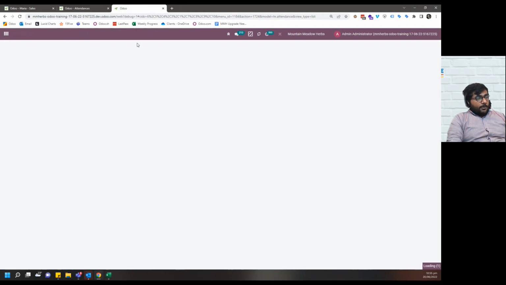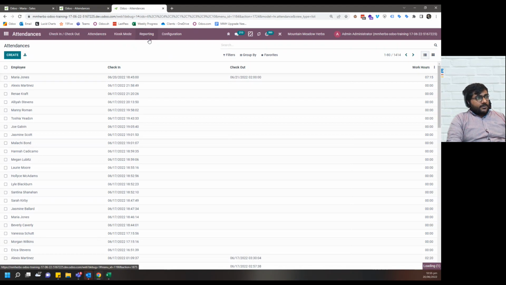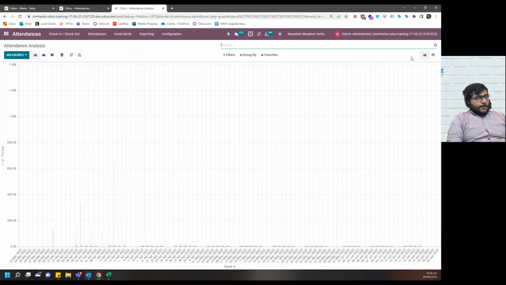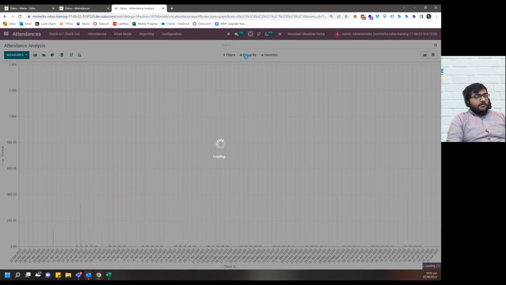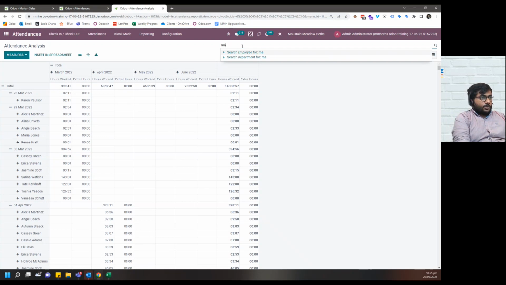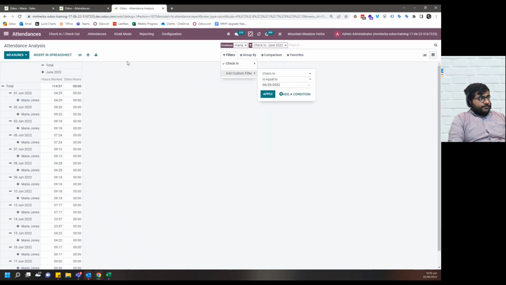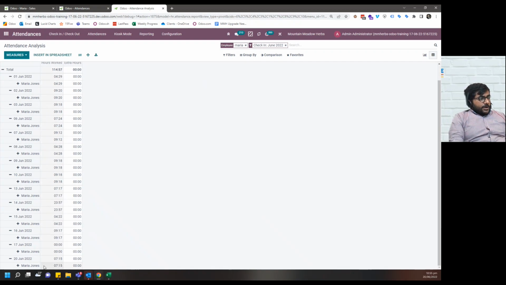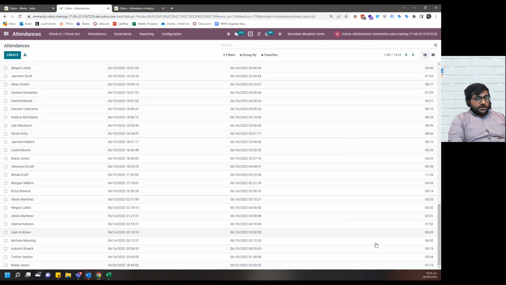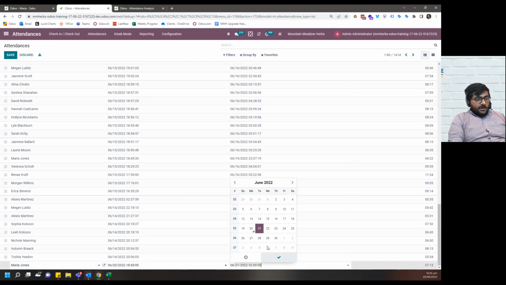Now, if I open up reporting, and only look at Maria, we should be able to see the reflection of the whole thing in the reporting as well. Maria Jones is going to show up. And if we apply the filter for the check-in to be only in June. Okay, so 20th of June, no hours worked extra, right? Because this is matching the schedule exactly. Now, if we change this time into an hour ahead,